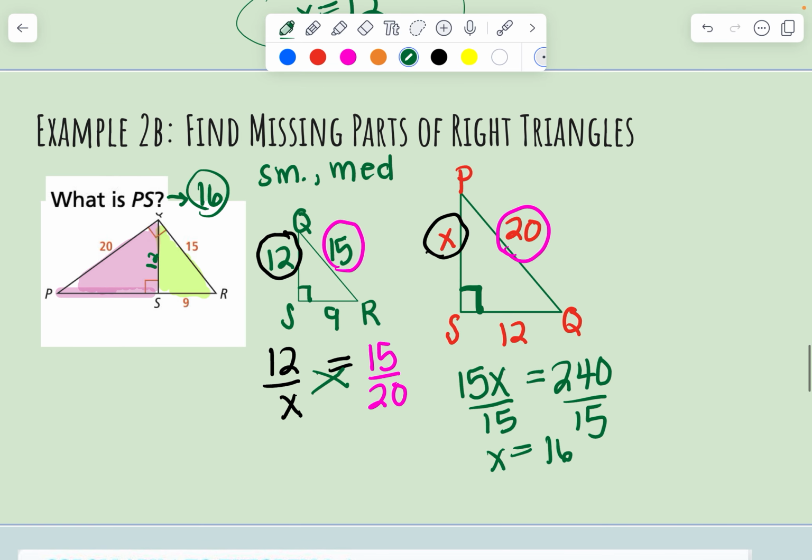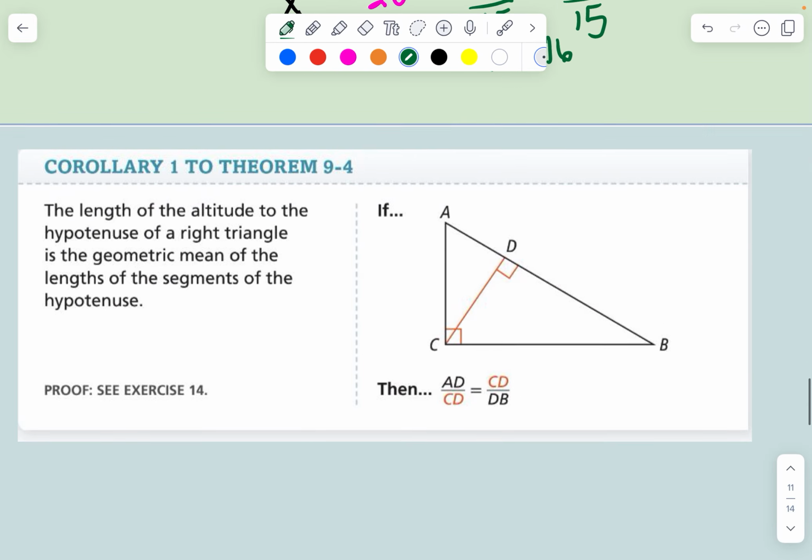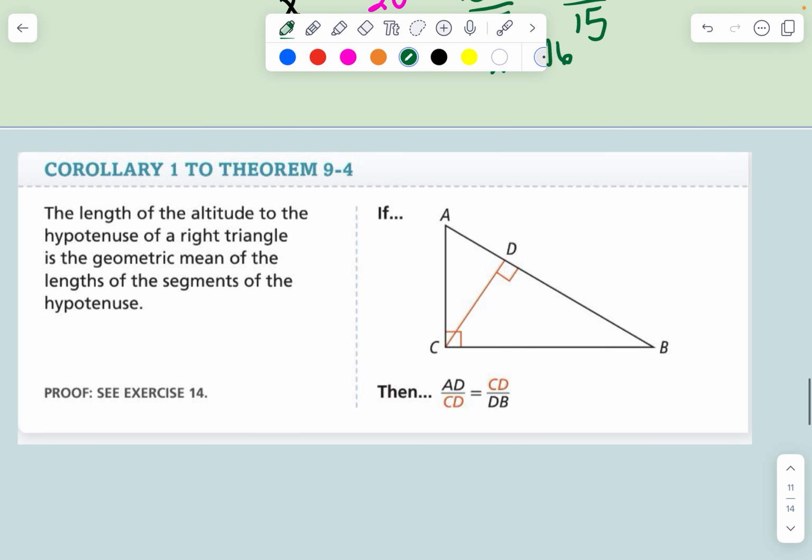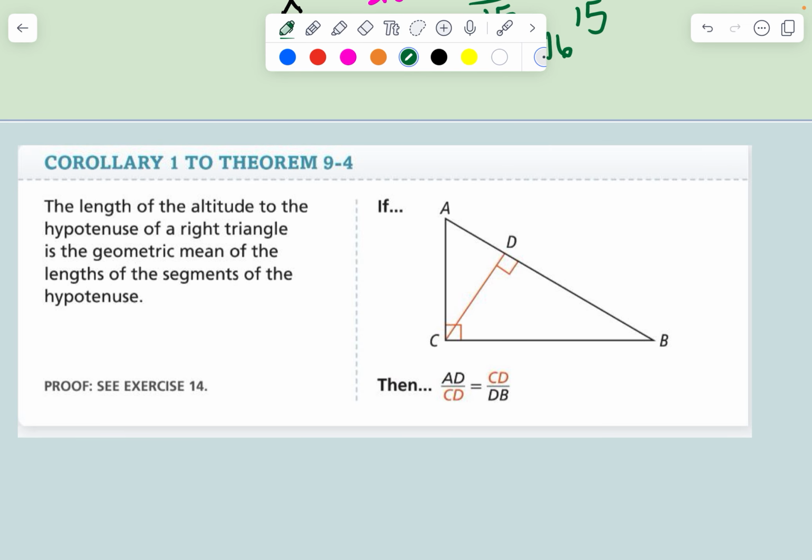The math behind this is not difficult. The hardest part about these right triangle ones is drawing them. This is just another theorem, but we're going to keep doing the same stuff and just redrawing our triangles. So here they're telling me